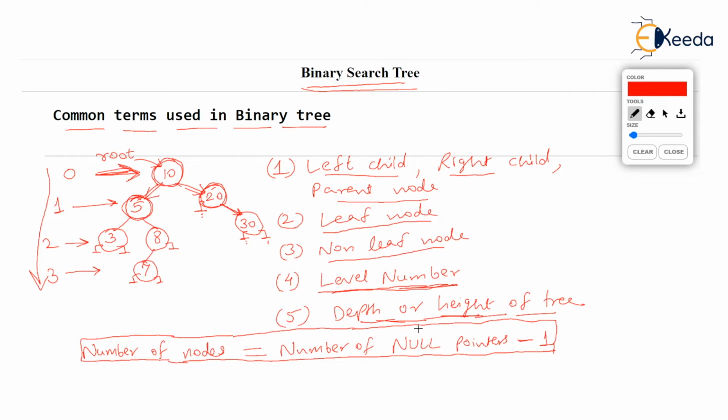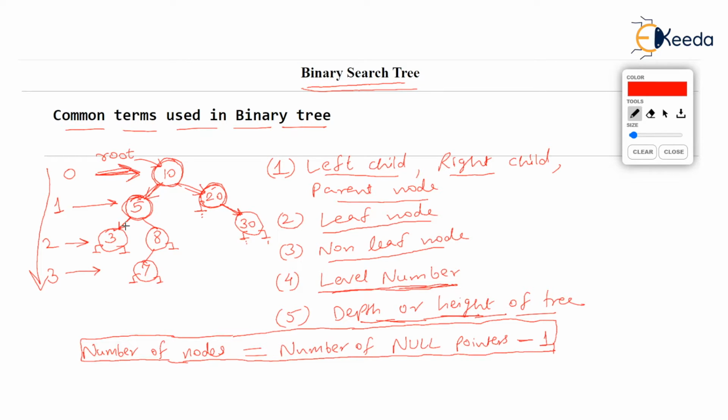Where is the longest path to any of the leaves? If you consider 3 in this picture, 3 is a leaf, isn't it? So, what is the length from root to 3? If you count the number of edges, first edge up to 5 and second edge to 3. So, the length from root to this leaf is 2.